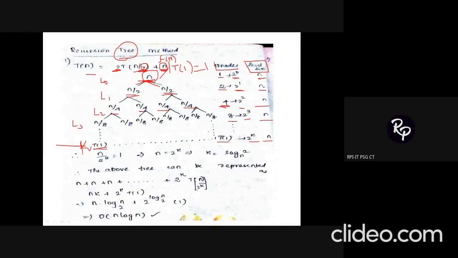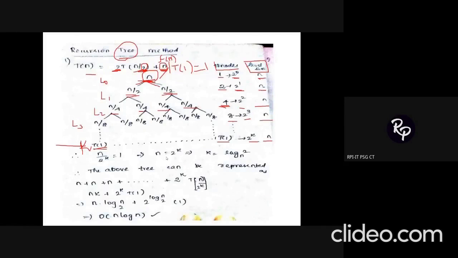Once you are done with this, what we are going to do is similar to our iteration method, wherein we were replacing all our k in terms of n. If you remember the calculation, yes, n by 2 power k I was having. So somehow I need to convert this k in terms of n. I was applying log on both sides and reshuffling the values, and finally I got my k value as log n to the base 2. So wherever I had this variable k, I was substituting log n to the base 2, so that my final time complexity will be in terms of n alone and not in terms of any other variables. The same kind of substitution we are going to do for the recursion tree method.